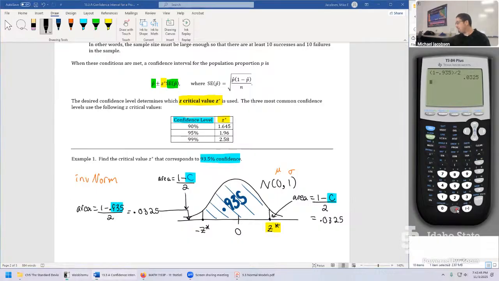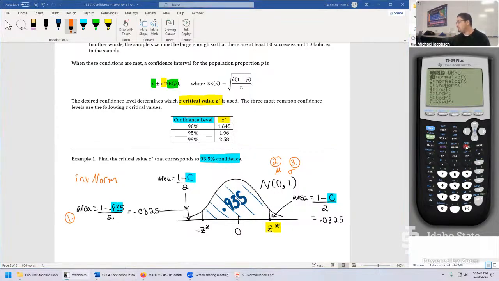If you take 0.935, the center area, plus 0.0325, there's the 5, and then 2 copies of it, so go times 2. That should be exactly 1 for 100% of the area. And that's what we're getting in our calculator. So in my calculator that you're seeing here, this is input 1, the area. This would be input 2 and input 3, just 0 and 1. So at 93.5% confidence, we're expecting a number between these two values, 1.96 and 1.645.